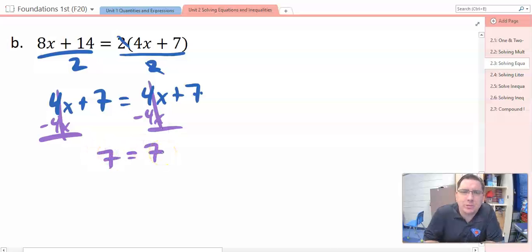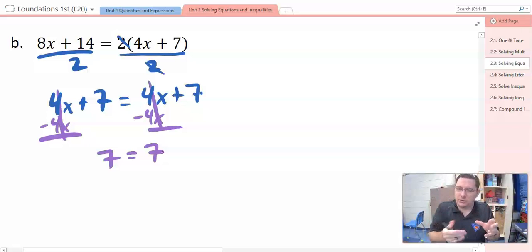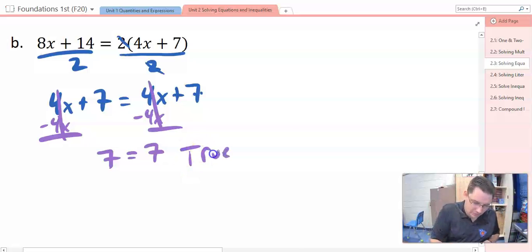Well, that's a true statement, right? Because like we would get 7 equals 7 when we're checking our work, and yes, it works, right? But that's not what happens here. This is a little different. This was when we were solving the equation that we got 7 equals 7. And so there's no variable left, right? We don't have like x equals 7. We have a statement that we have to judge as true or false. This is a true statement because